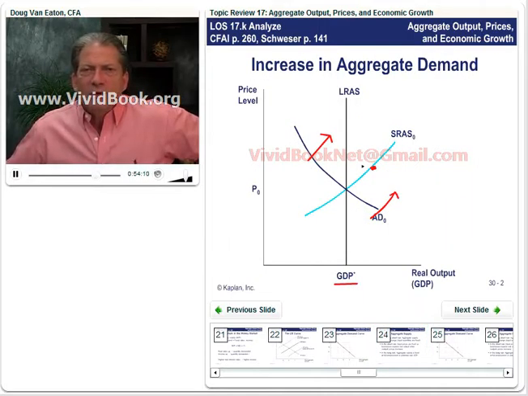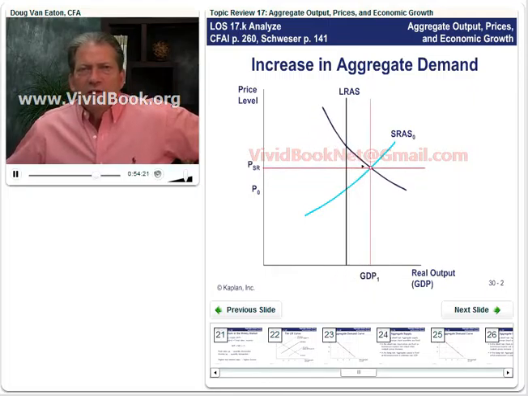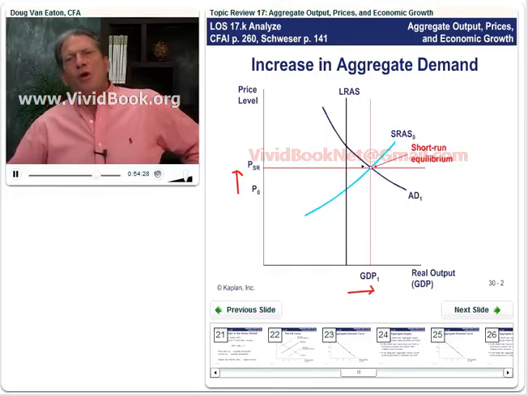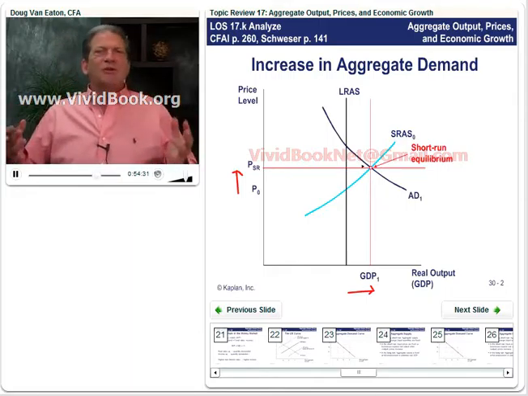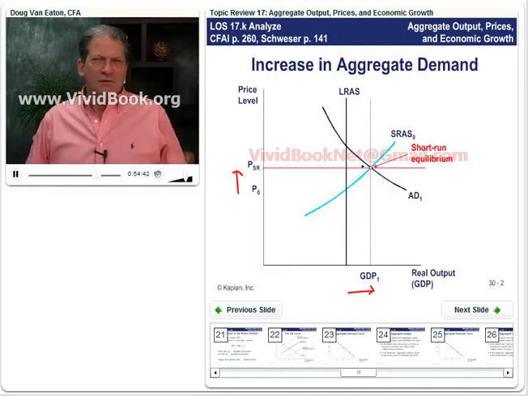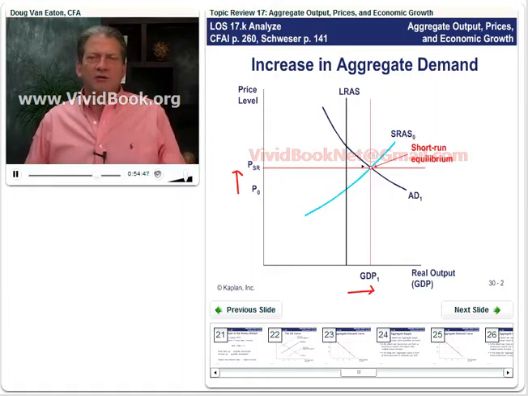Starting out at equilibrium, if the government increases aggregate demand through either fiscal or monetary policy, shifts it out like that, the price level rose, didn't it? And in the short run, we got an increase in output. But what happens in the long run? Well, remember what determines long-run aggregate supply. It's the capital stock, it's human capital, it's labor and technology. Well, none of that has been affected by the government or monetary authorities trying to shift this aggregate demand curve out.